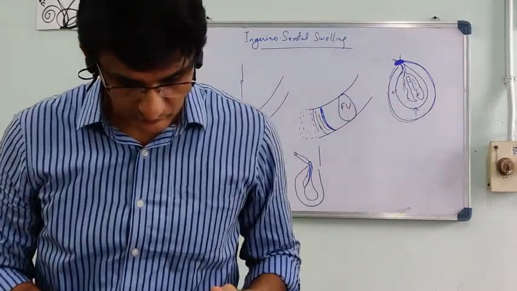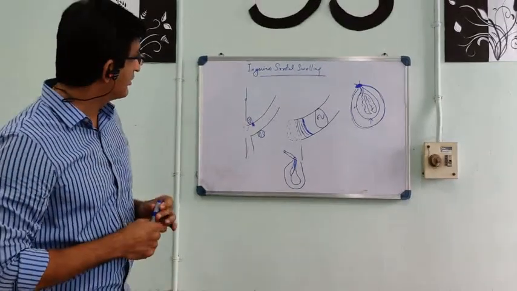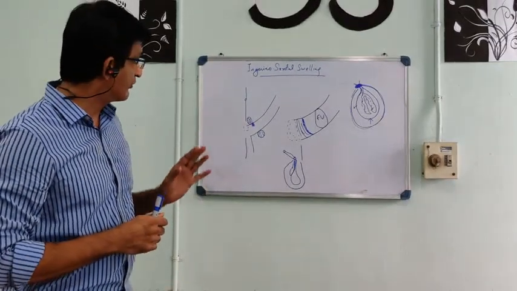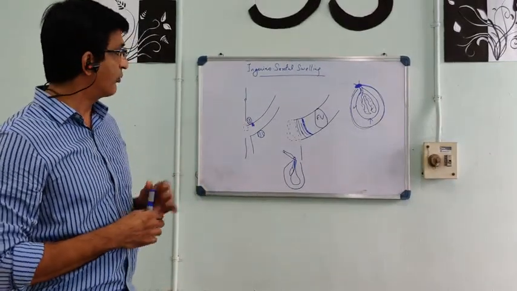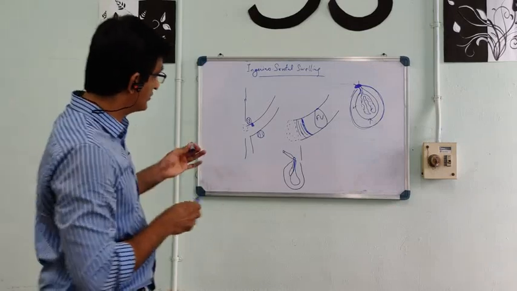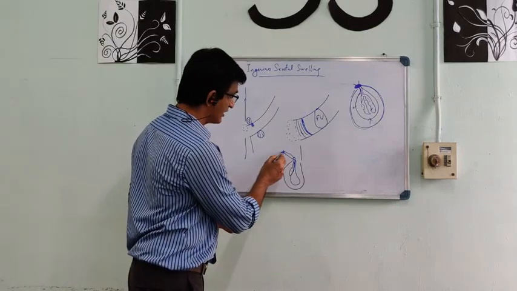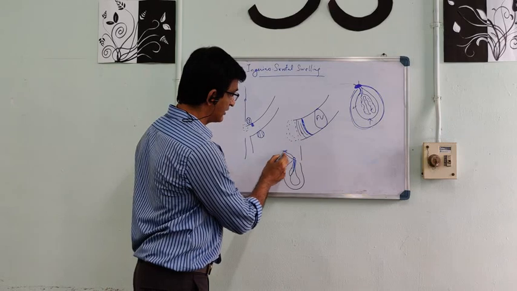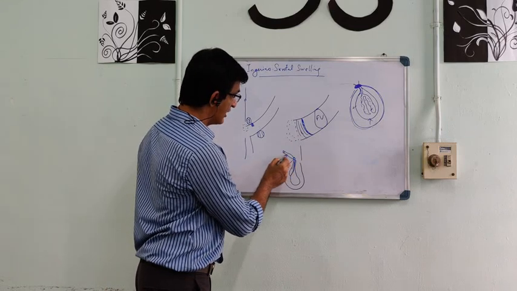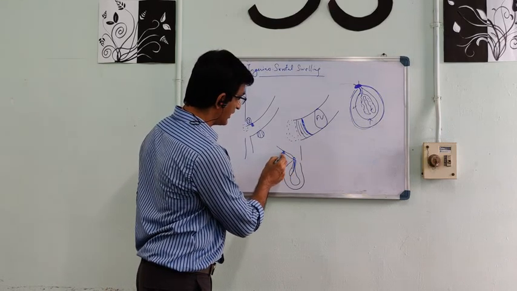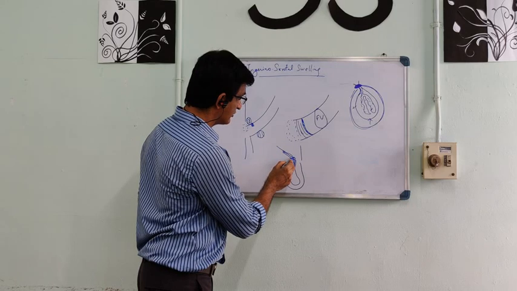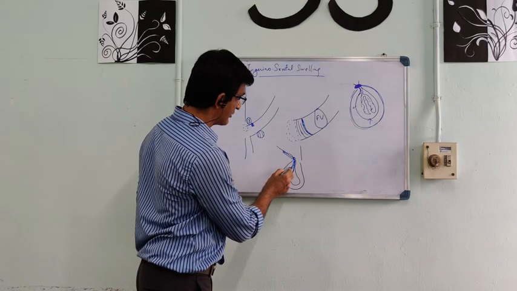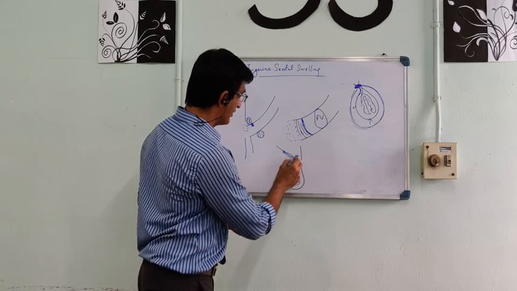And inguinal hernia, once we talk about inguinal hernia, what is the opening through which inguinal hernia comes out? So this is a depiction of the inguinal deep ring. This is the superficial inguinal ring. And an indirect hernia will come right through the deep ring, through the superficial ring, and present as a hernia. Okay. Whereas a